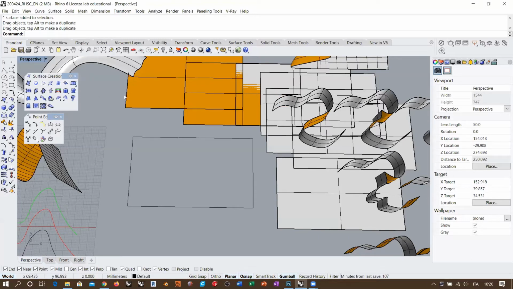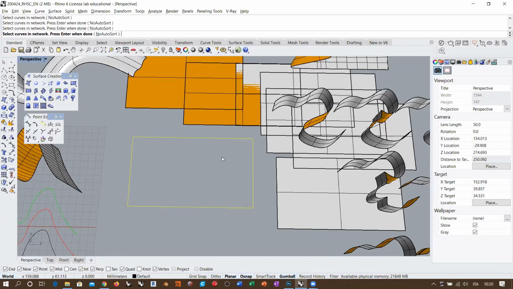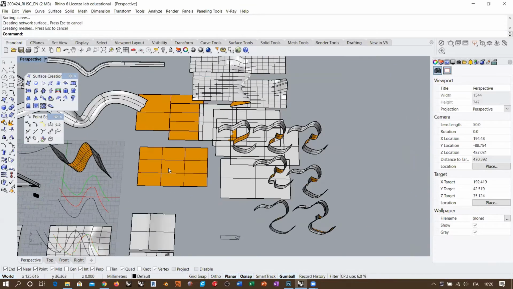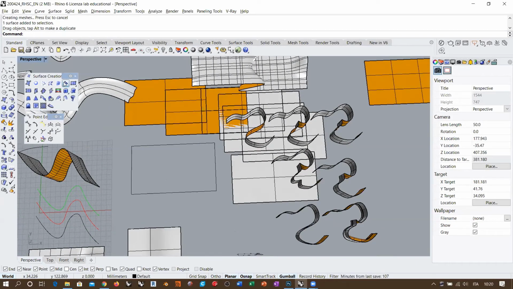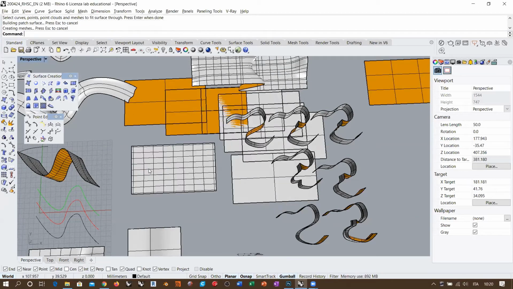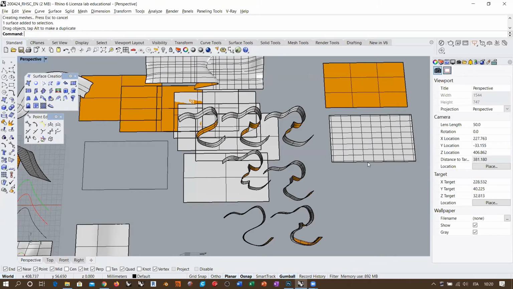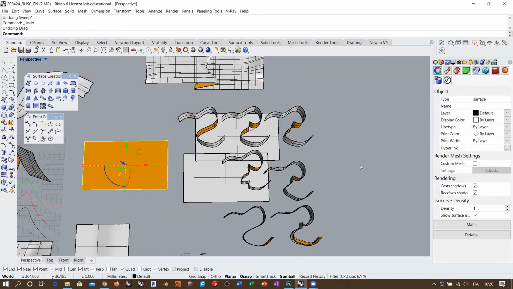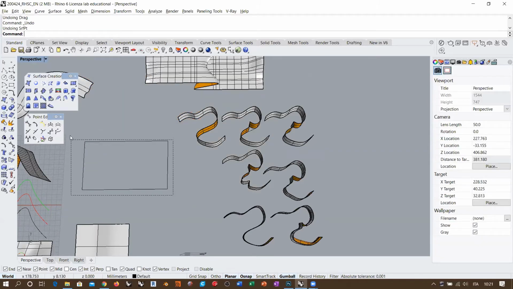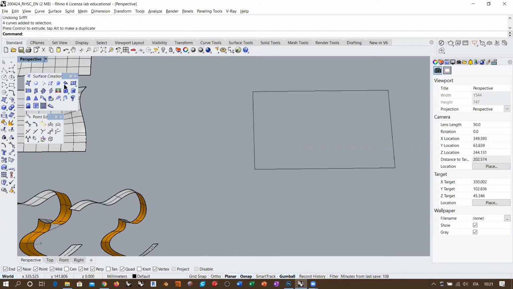And then there are these complex things, like, for example, the surface from network of curves. So you select the curves, and you get this. So we already see a different topology, right? And then there is this other one, which is the patch between these curves, and we get a totally different thing. So now you see that it's evident that there is a difference between all these commands, right? But you also see that all the first commands that we have used produce more or less the same result, besides the orientation of the surface, which depends on the orientation of the curve,